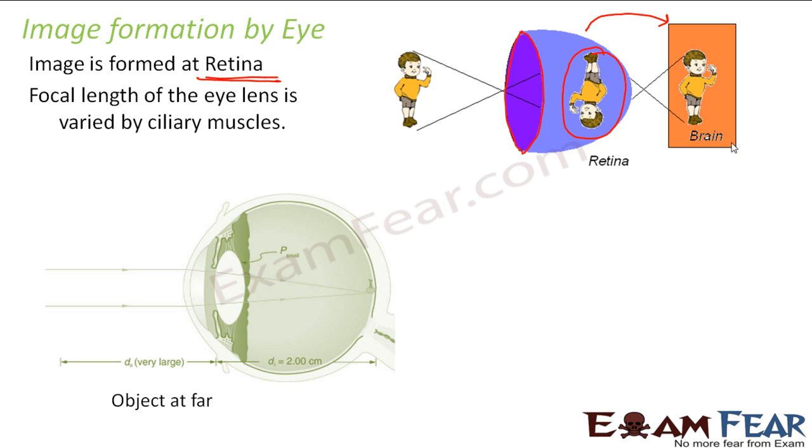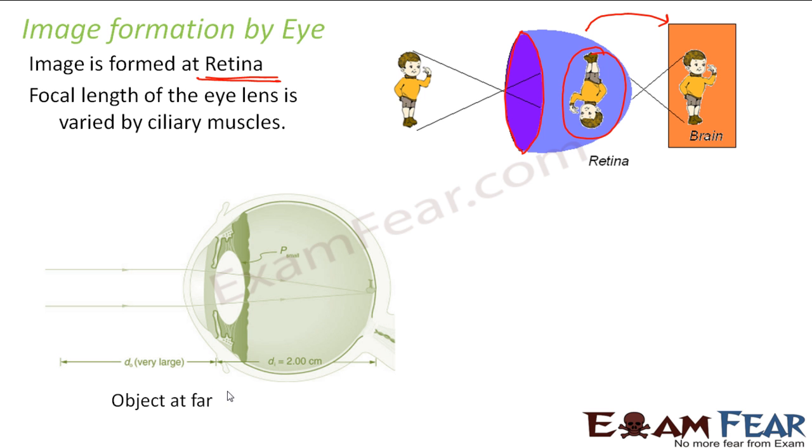That is because in those scenarios which we talked about before, we always assumed a fixed convex lens which has a fixed focal length. But right now we have a convex lens whose focal length is adjustable. The focal length can be increased, the focal length can be decreased. So by increasing and decreasing the focal length, we make sure that no matter where the object is placed, the image is always formed at the retina. So how does that adjustment happen?